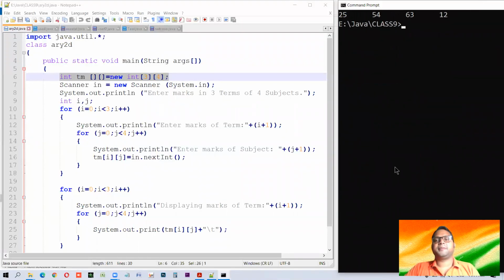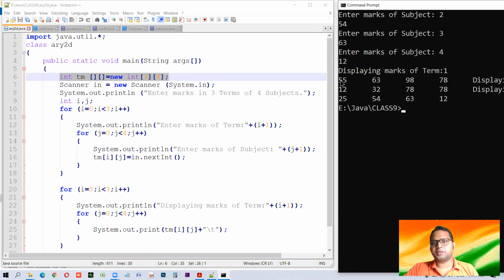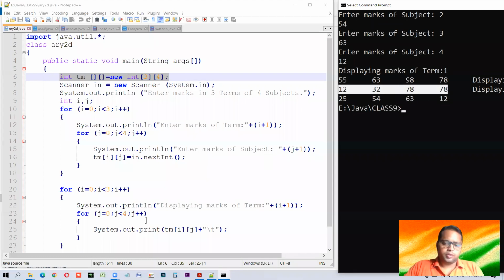Now what? Now we can modify this program to find the sum of rows and sum of columns. Means if you want the sum of 55, 12 and 25, if you want to find the sum of this column wise, or if you want the sum of these row wise, how will we do that? If you have properly understood it, with a little application of your mind you can do it easily, but you need to have a very good concept of nested loops, then only you can do this. So let us do this.